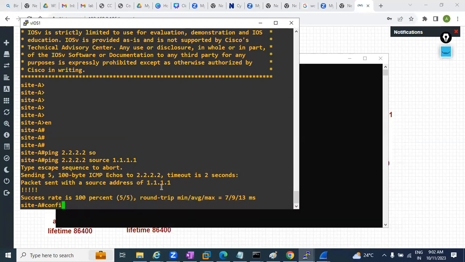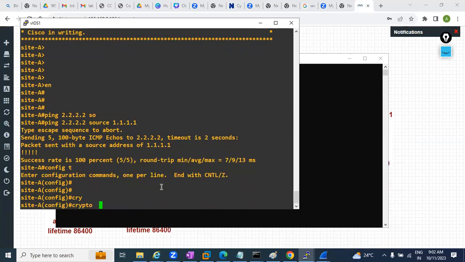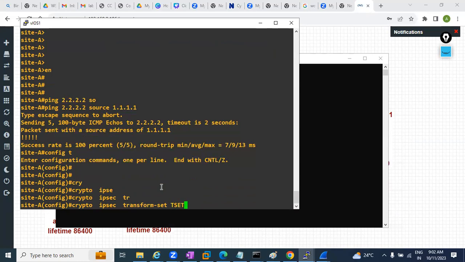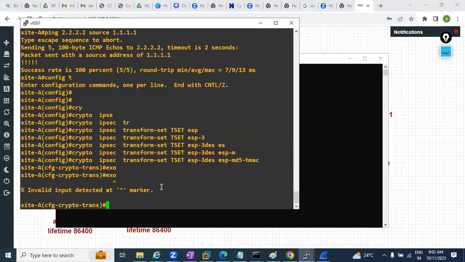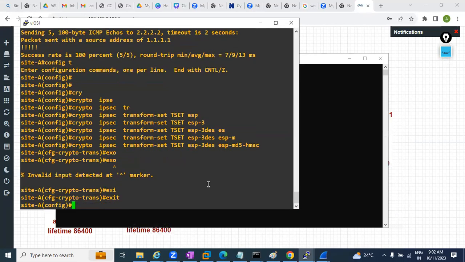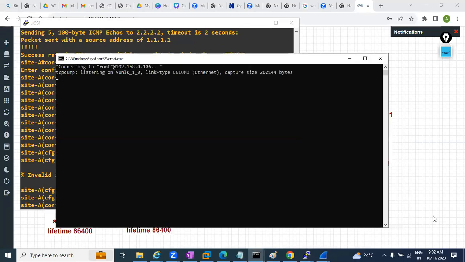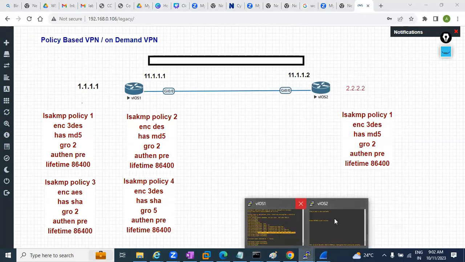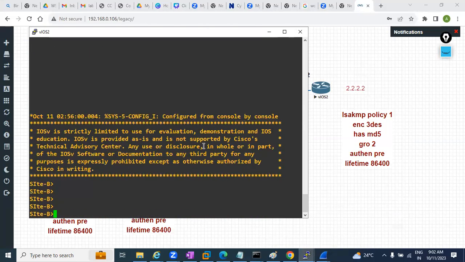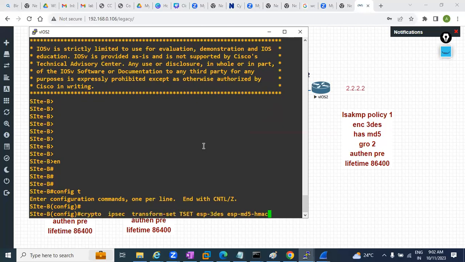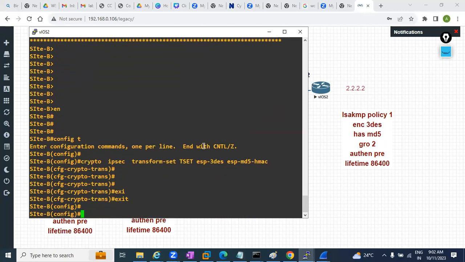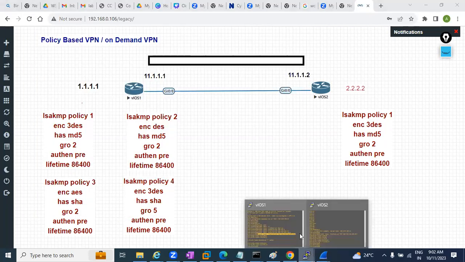Let's consider site A: crypto IPsec transform-set, tsec, ESP, 3DES, ESP, MD5. This is for site A. This is site B here. That has been done. And now if I'll be back here,